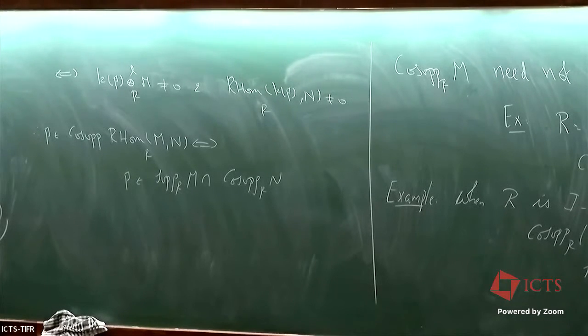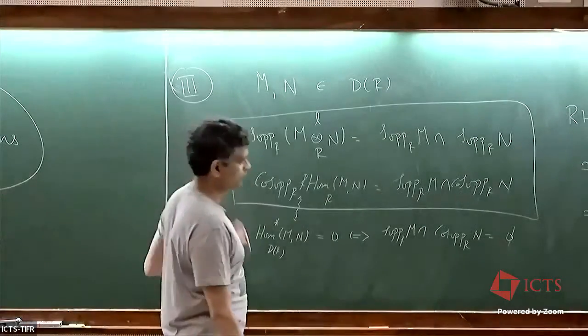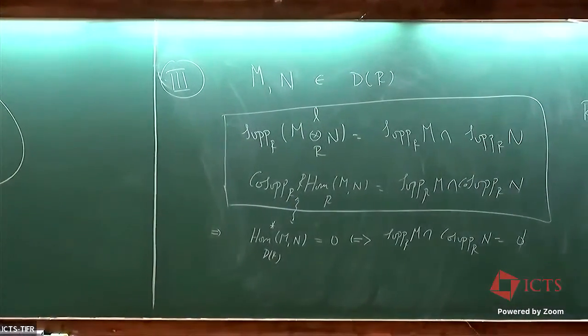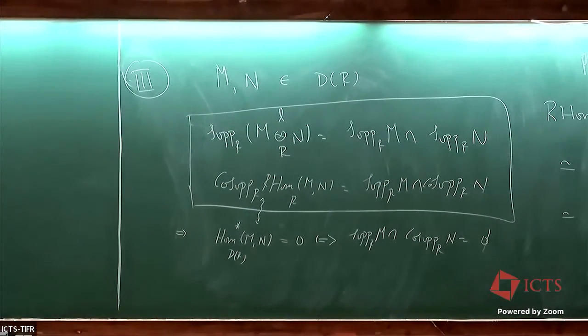The thing is, these two results together are basically at the heart of what are called the stratification and co-stratification theorems for triangulated categories. So these are classification theorems for, what was that again? Yeah.